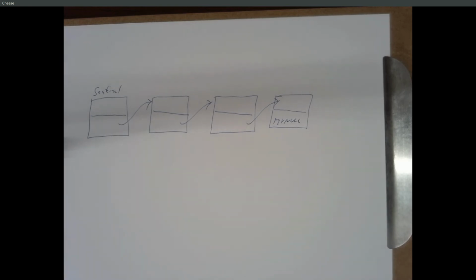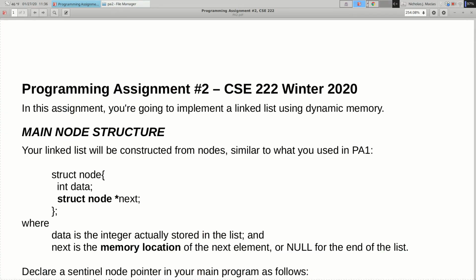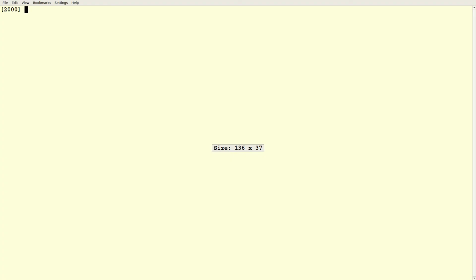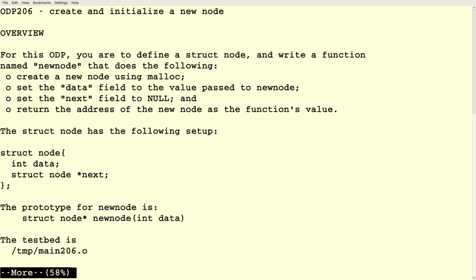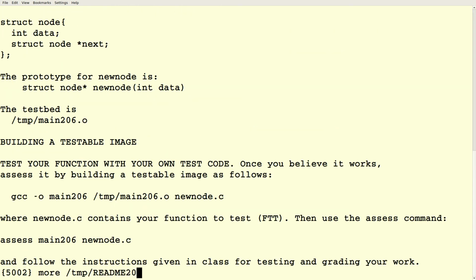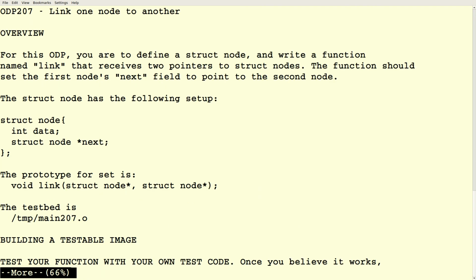All right, let me run through the ODPs and then we'll start talking about PA2. So 206, I think we already did. Let's do 207 and 208. So 207,